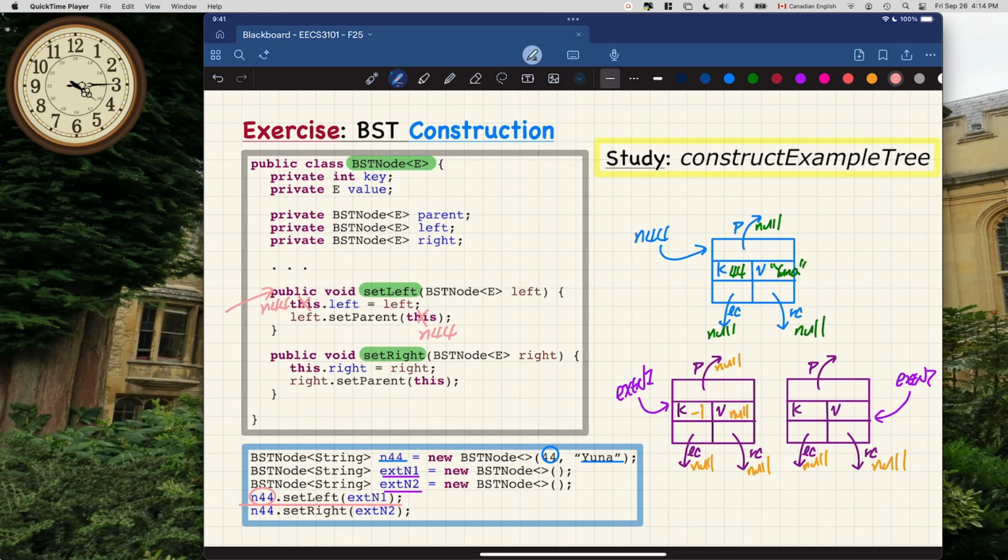So I don't really have set parents over here, but you can kind of imagine how the set parent is going to work. Simply set a parent reference to that particular node. Okay, so that detail is omitted. And then we got right here